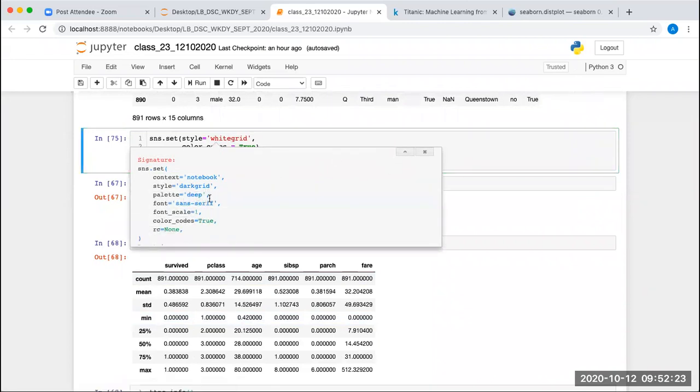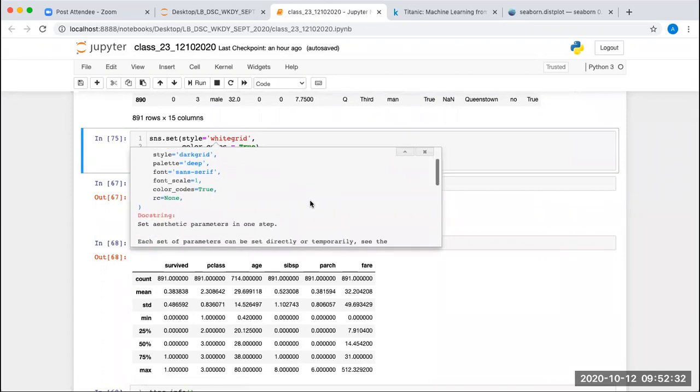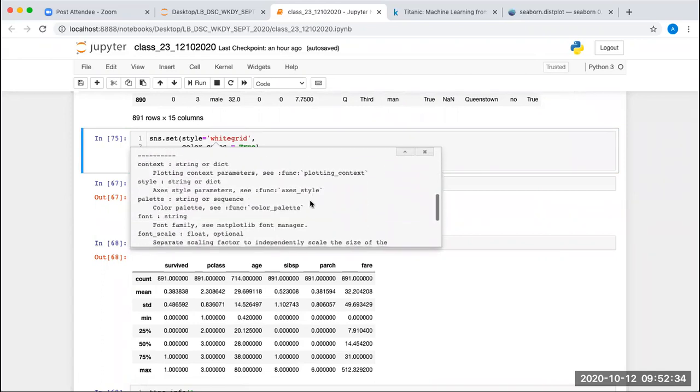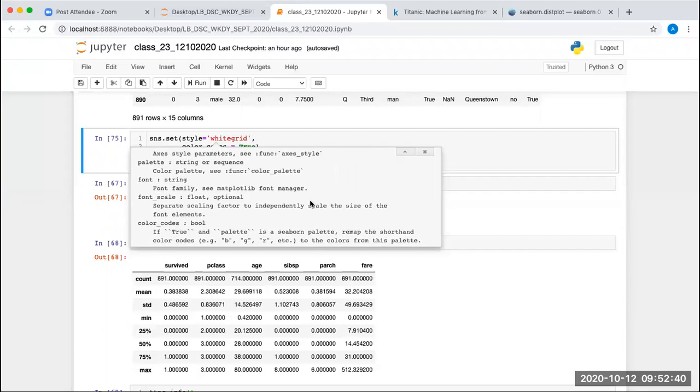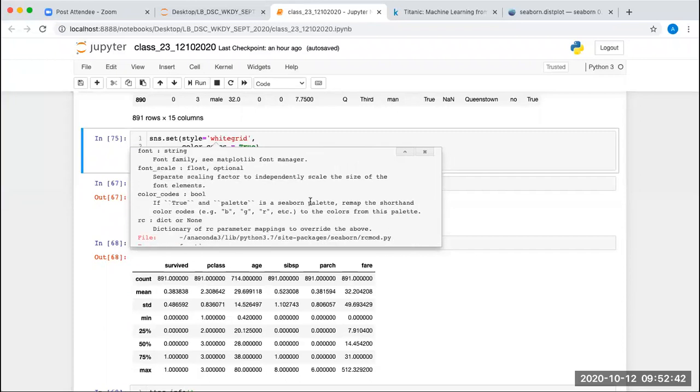Style, palette, font scale, color code, and RC context. Dark grid. Palette, font scale, size of the font, color codes.